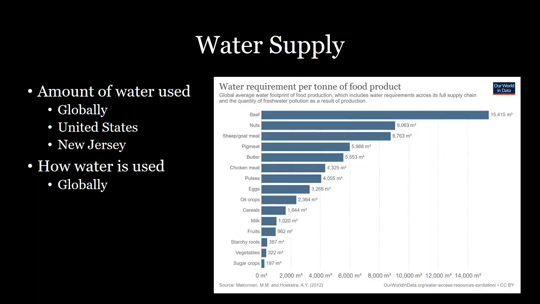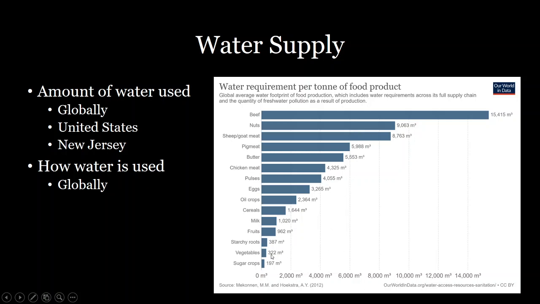So talking about agriculture, it's important to realize that the majority of water that goes into making agricultural products does not go into growing vegetables or plants that we eat. The majority of that water actually goes to growing alfalfa or grass that goes to feeding beef or pigs or sheep. And so water use for meat production is far greater than it is for fruits and vegetables.